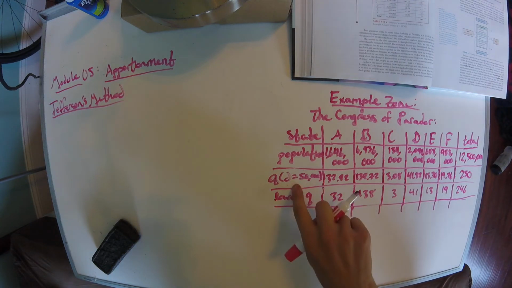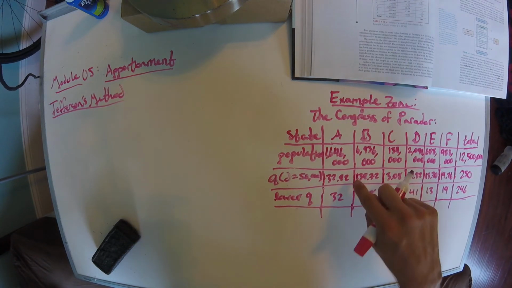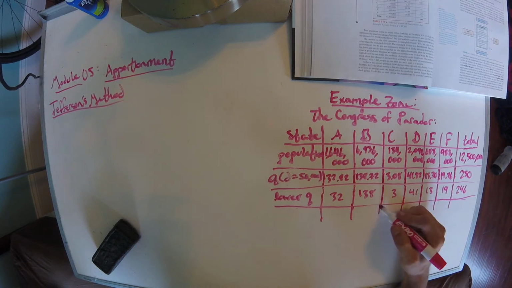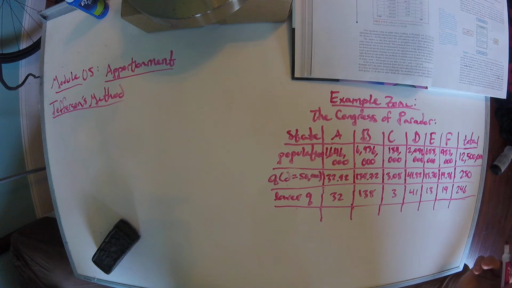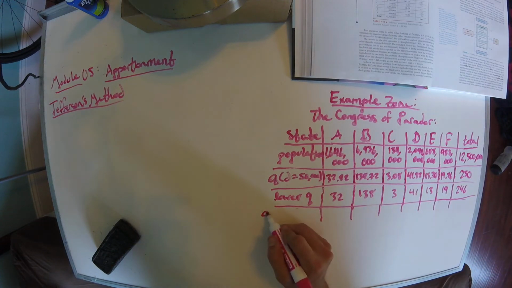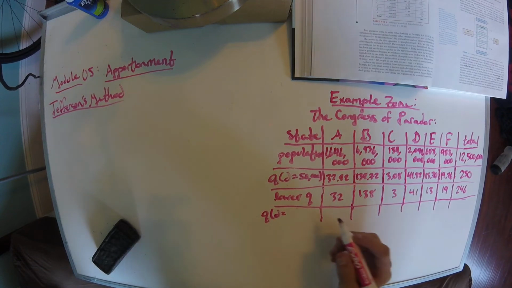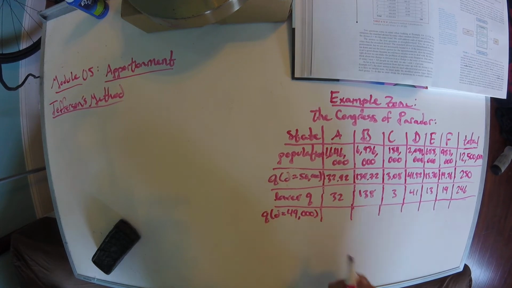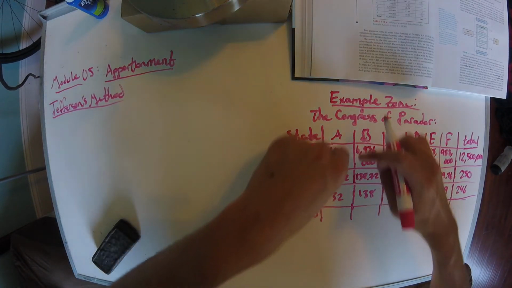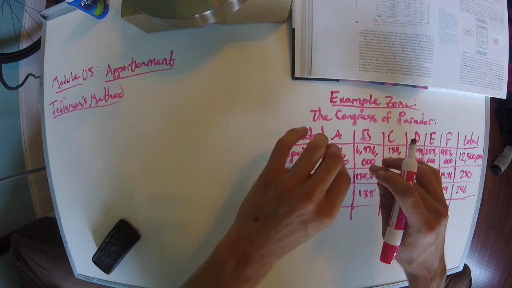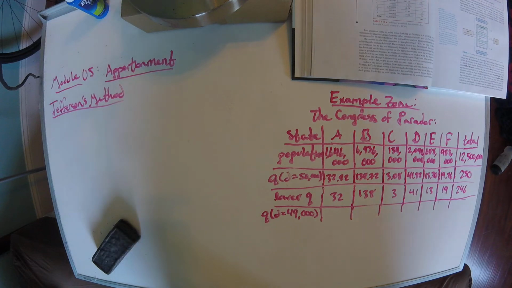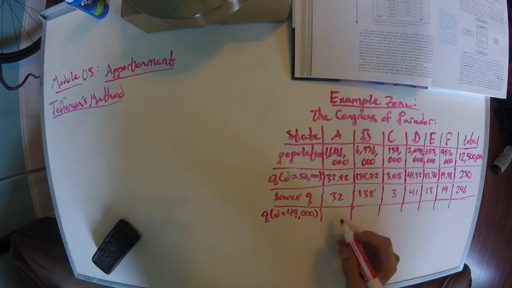is we're going to make D smaller and then repeat the process of making these two rows with the smaller D, and then see what the lower quotas sum to. So I'm going to do Q and then D equals 49,000. So now I'm redoing this process of dividing the population by a divisor, but now I'm doing it with 49,000. And what that gives me is